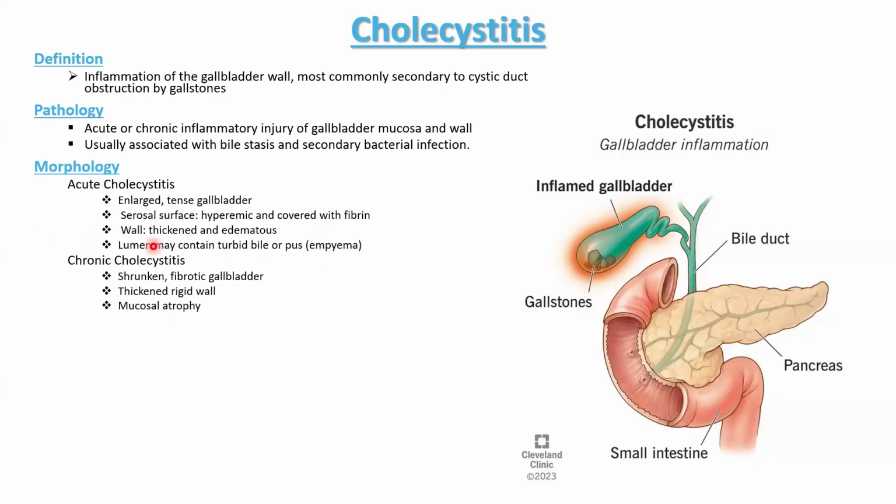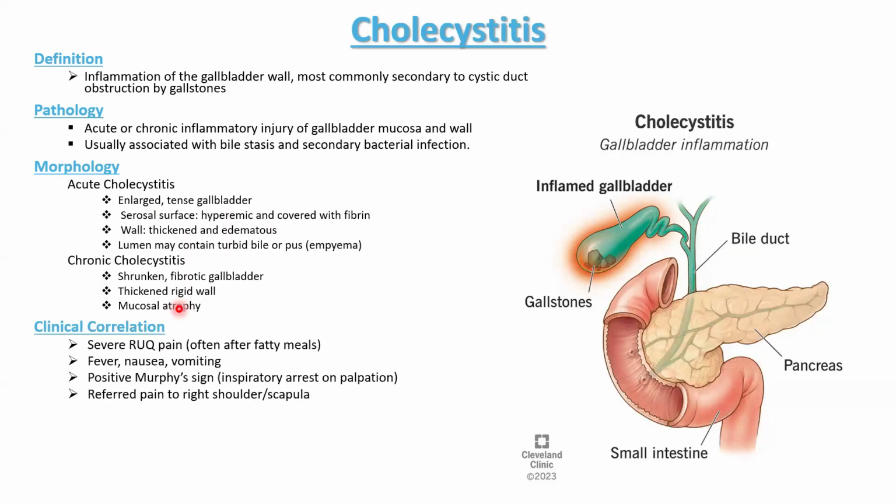Then for chronic cholecystitis, it will be a shrunken, fibrotic gallbladder, with a rigid wall because of continuous inflammation and mucosal atrophy. And what is the other thing that we'll be able to appreciate? The person will complain of severe right upper quadrant pain, fever, nausea, and vomiting, and then the person will have a positive Murphy's sign,